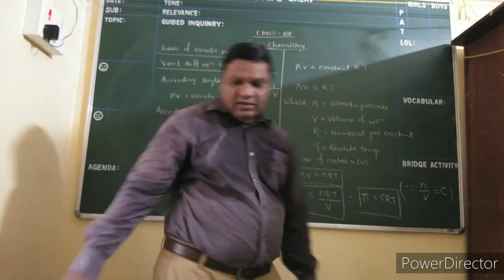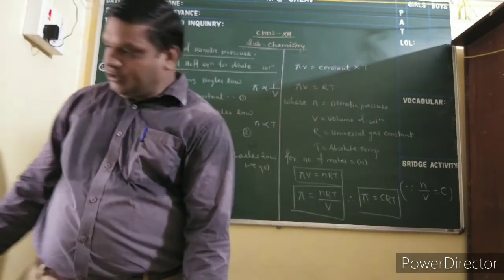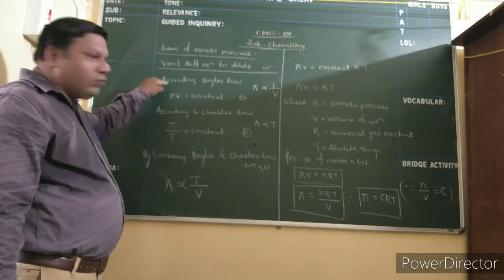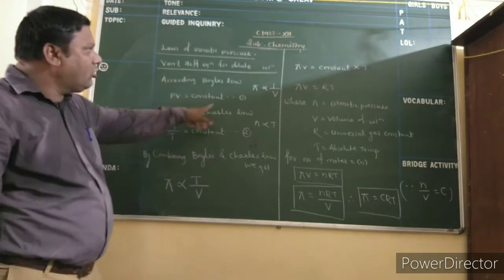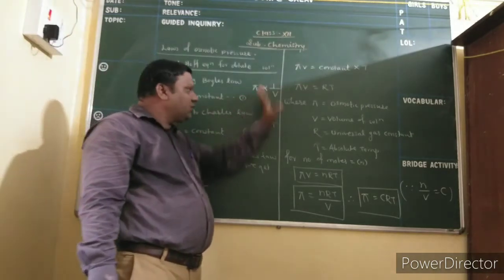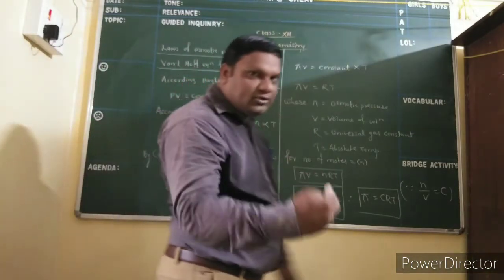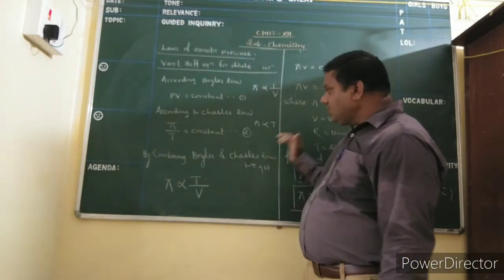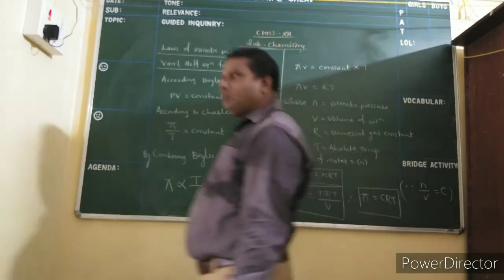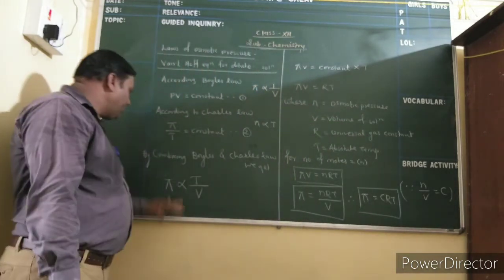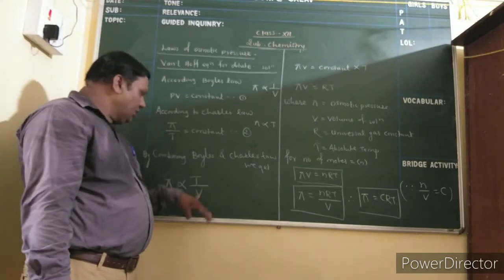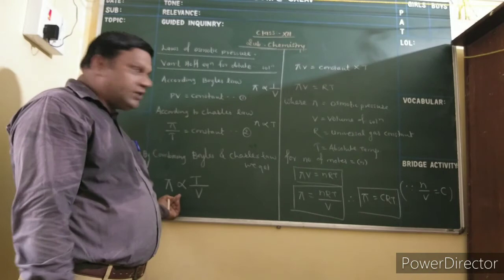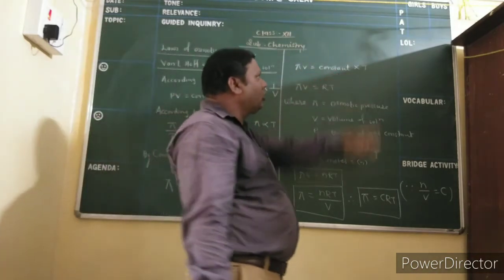Any issue there? So this is a very simple phenomenon. Again I repeat, पहले आपको बॉयल्स लॉ पता होना चाहिए. अकॉर्डिंग टू बॉयल्स लॉ ऑस्मोटिक प्रेशर इनवर्सली प्रोपोर्शनल टू वॉल्यूम. अकॉर्डिंग टू चार्ल्स लॉ ऑस्मोटिक प्रेशर डायरेक्टली प्रोपोर्शनल टू टेम्परेचर. And then by combining both, Boyle's law and Charles law, you get pi is directly proportional to T, inversely proportional to V. Then with a proportionality constant, PV is equal to constant into T.